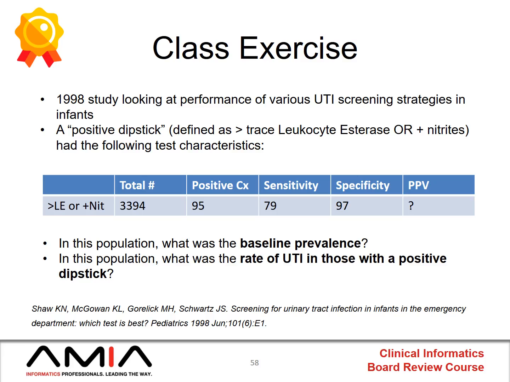And what they found was that using this definition of a positive dipstick test, out of the 3,394 patients total who they tested, all of whom underwent urine culture, 95 of those 3,394 tested positive. And what they determined was that this dipstick test in that population had a sensitivity of 79% and a specificity of 97%. So there's two questions here. One of them is, what was the baseline prevalence of disease in this population? And the second one was, what is the rate of urinary tract infection in those patients who had a positive